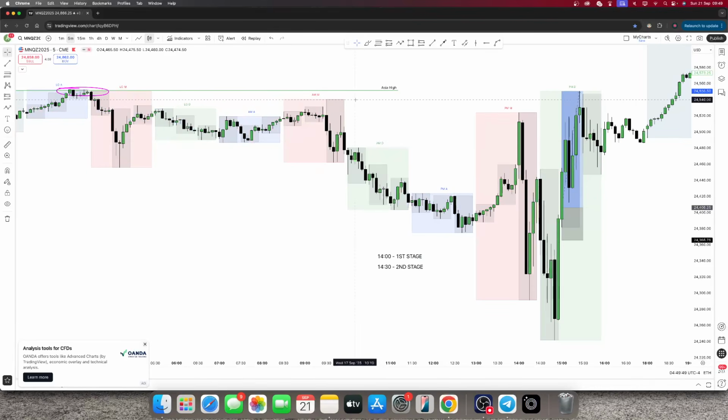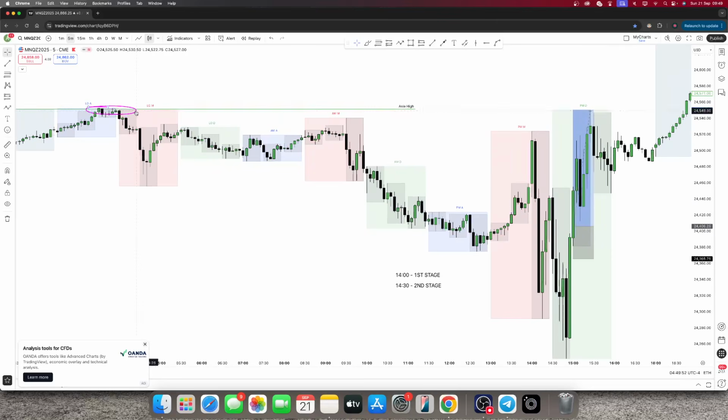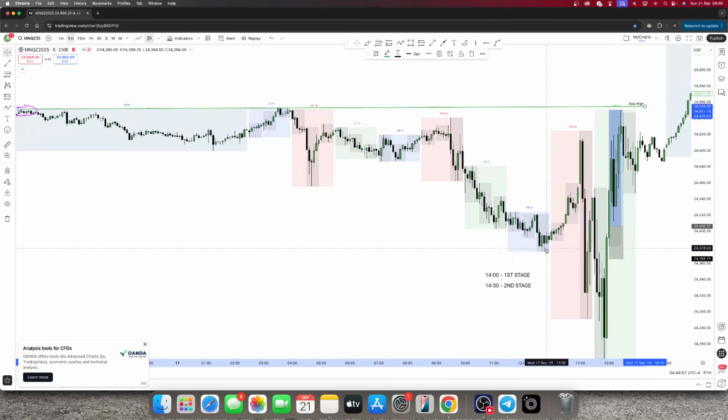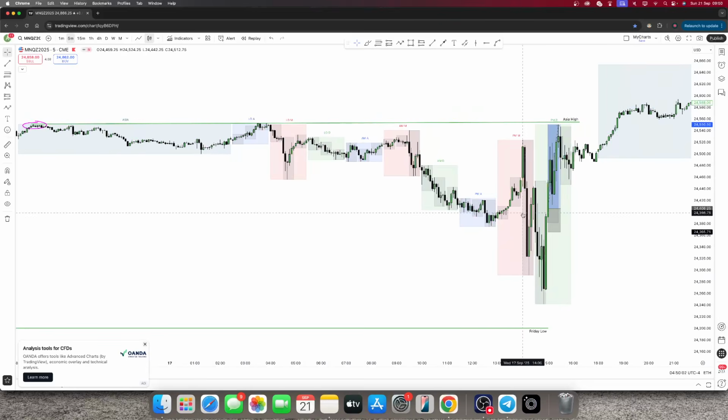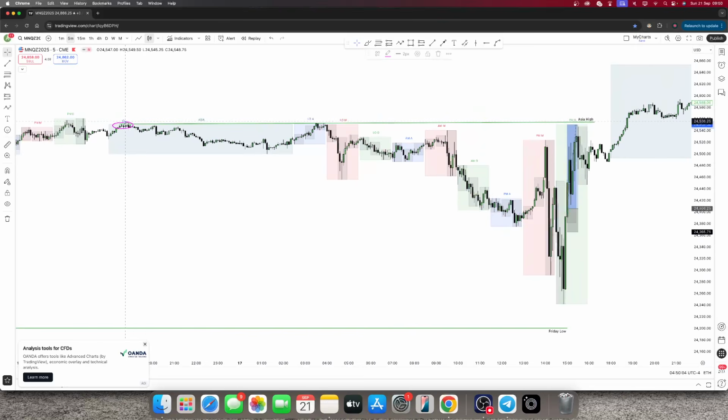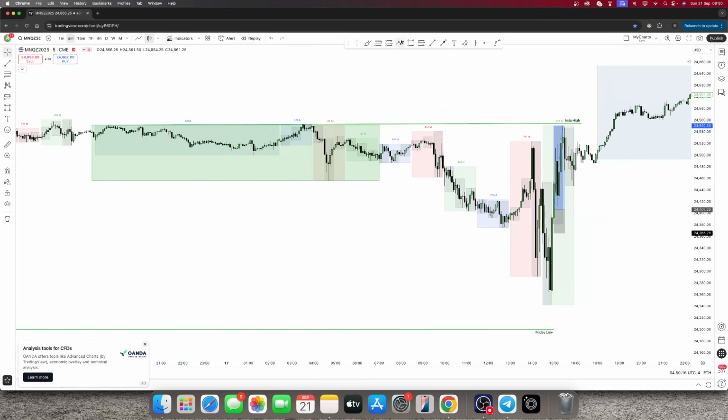You can see that price went back towards the Asia highs at the start of the day. Now this would be your accumulation, manipulation, distribution on the whole entire day, right? So now if we do it on a per session basis, we can see the accumulation phase was pretty much the Asia session all the way to the end of the London session. Then what occurred is the New York session AM manipulated along with the first stage of